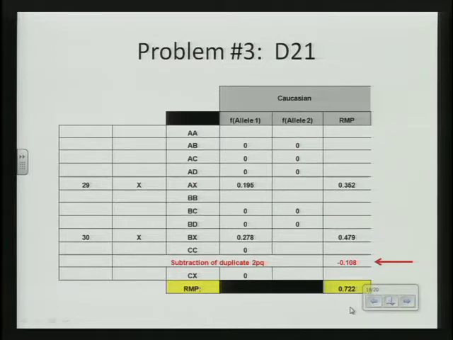But even if you say it pairs with something at 200 or 180, the amount of that 30 peak remaining is going to be under your stochastic threshold. And so you could have dropout associated with that 30. And that's one of the things you always have to keep in mind: just because you do have a peak above stochastic threshold, if it's in a mixture, you need to look at it because it still could be associated with dropout. So in this case, we would do a 29X and a 30X,